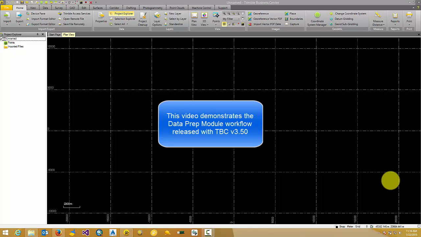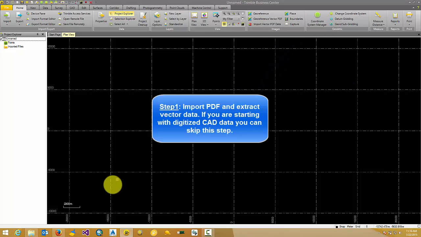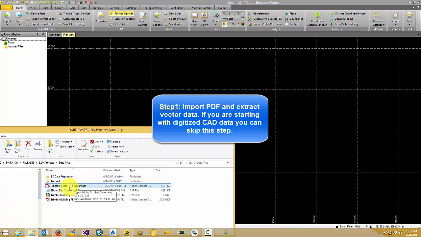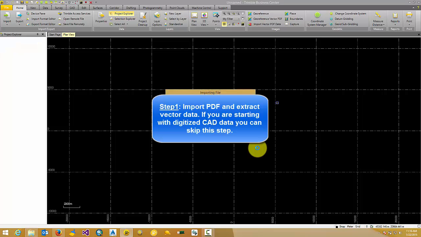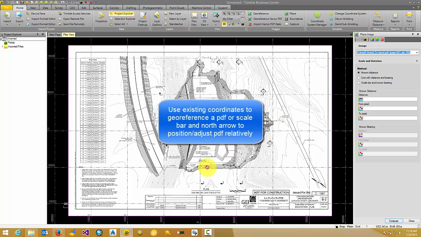In this video we are going to demonstrate the workflow behind the data prep module that was released with TBC version 350. Here we have a blank TBC project, and as a next step we are going to open a PDF inside TBC. In this case this is a vector PDF, and you will notice a place image command automatically shows up. In this case we have a set of coordinates, which means we can georeference this vector